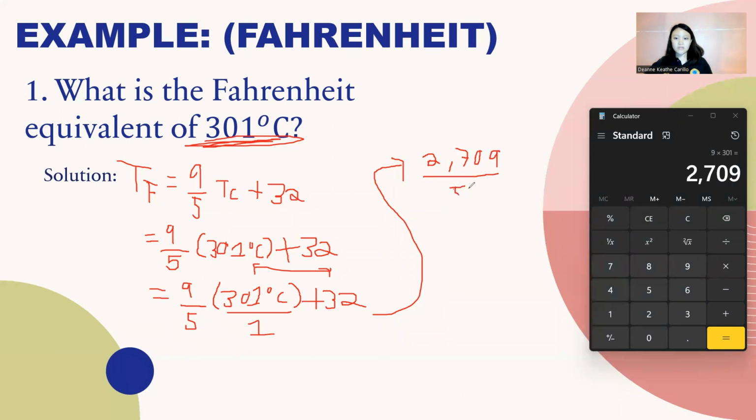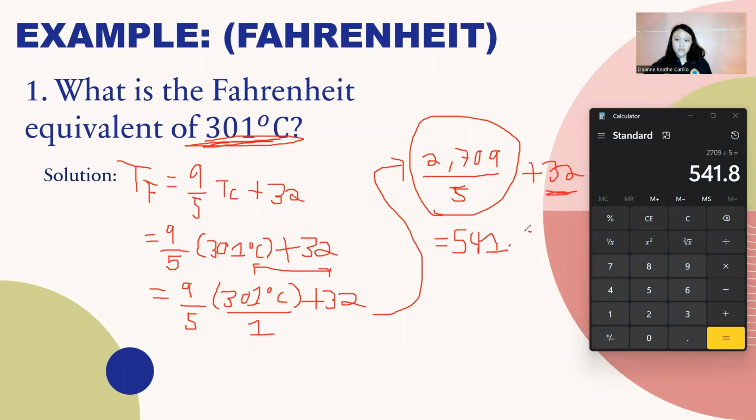I'm sorry for the interruption. Wag muna natin galawin ang 32 at ipag-divide muna natin ang 2,709 over 5. 2,709 divided by 5 is equals to 541.8